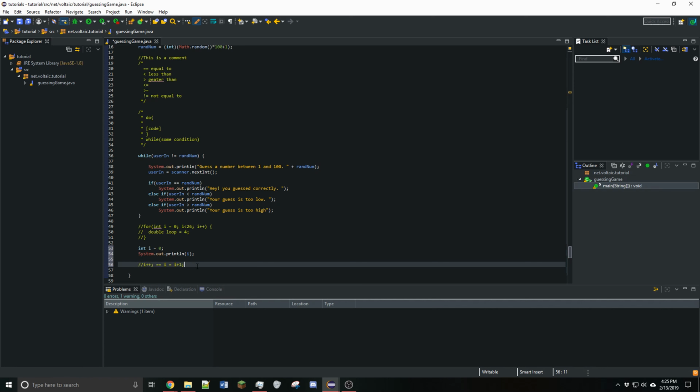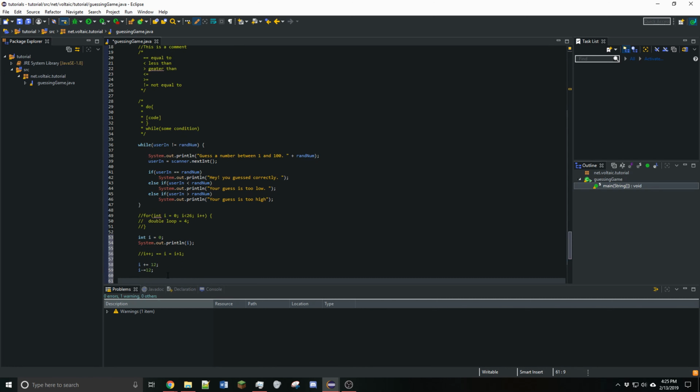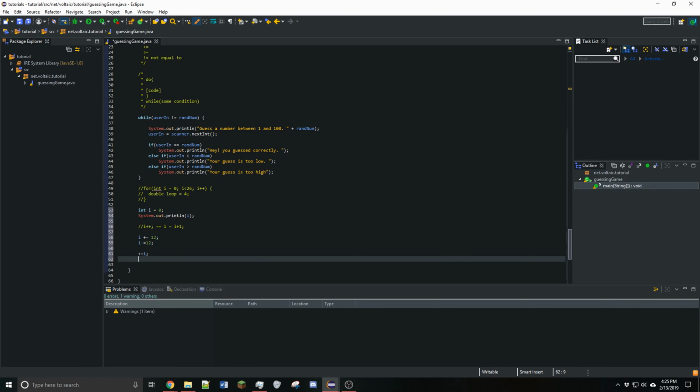And there's a couple other things we can do too. We can have i, for instance, plus equals, and then we can put a number, and this will take i and add 12 to the existing value. And the same goes for i minus equals a number. You can also put ++i and then a semicolon. And what this does, instead of i++,